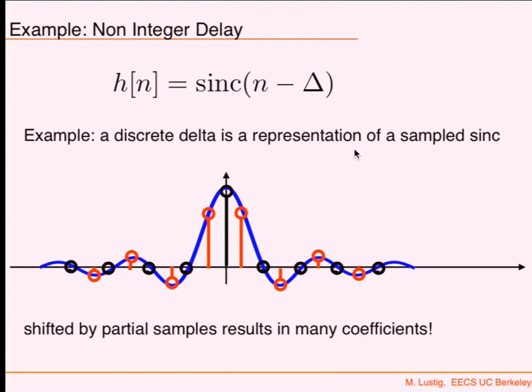And so now you can understand much better what it means. If I had an impulse and I say, well, how about I shift my impulse by half a sample? Whoa, where do all these measurements come from? Obviously, they came from the fact that my delta is not really a delta in the continuous time domain, because if it was, I wouldn't be able to sample it without aliasing. It's really representing a sinc, a band-limited signal.